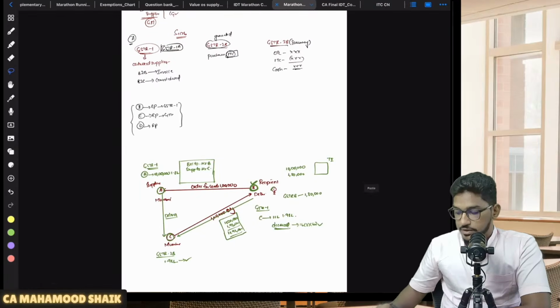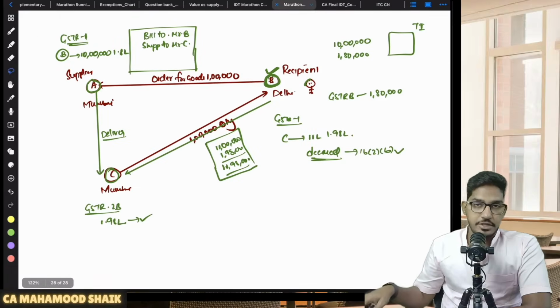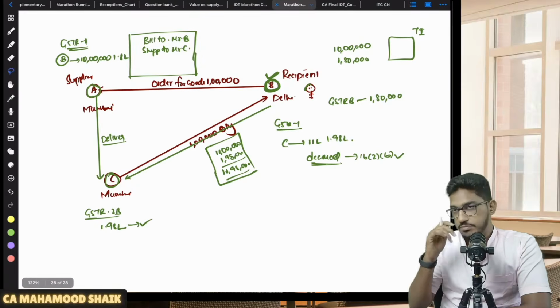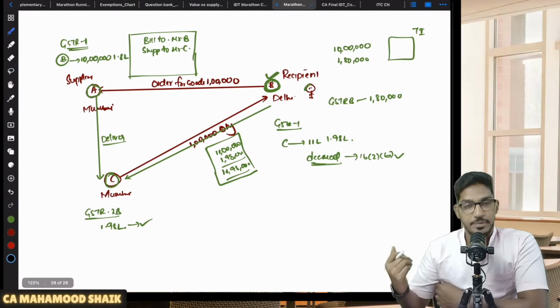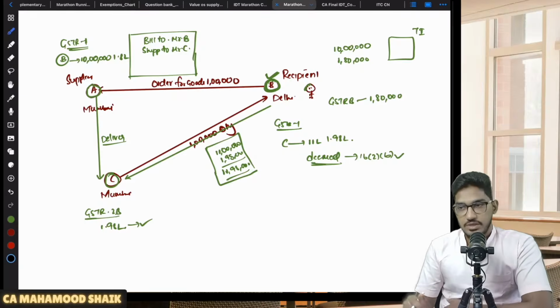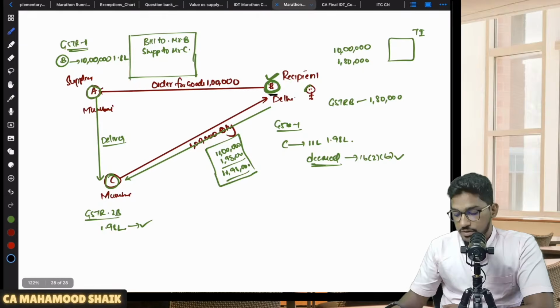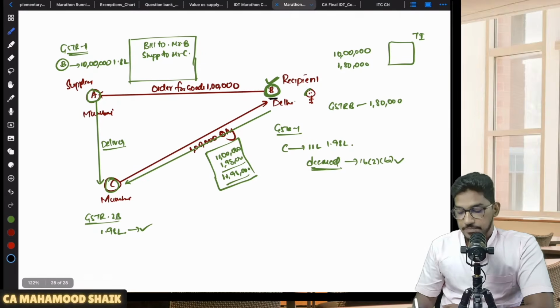See here. So the third condition, what Section 16 says is, in order to avail the input tax credit, you must have received the goods and services. Now, what will happen in case of a bill to ship to transaction? First of all, what is a bill to ship to transaction? Let us say there is a person, Mr. B, who ordered 1 lakh quantity of the goods from Mr. A. There is a recipient.